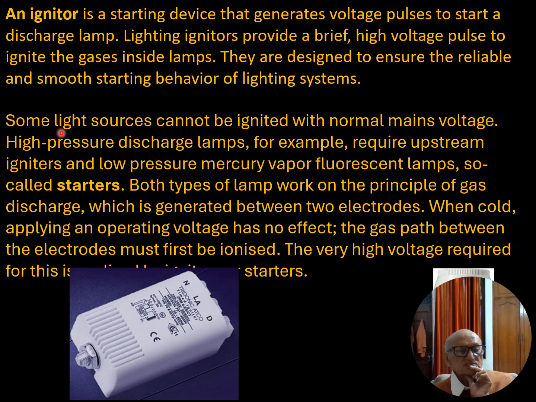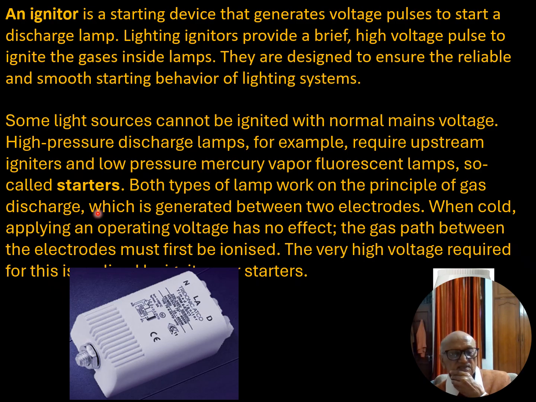Some light sources cannot be ignited with normal mains voltage. High pressure discharge lamps, for example, require an upstream igniter, and low pressure mercury vapor like fluorescent tubes. Fluorescent tubes are known as low pressure mercury vapor. There is a high pressure mercury vapor lamp also. So these are called starters. Both types of lamp work on the principle of gas discharge,